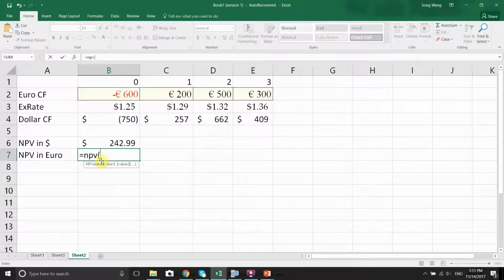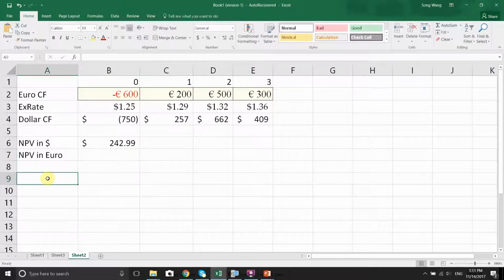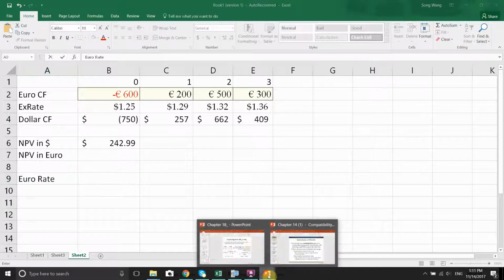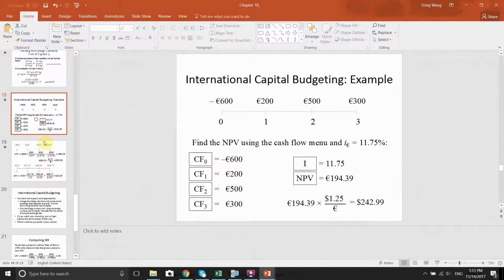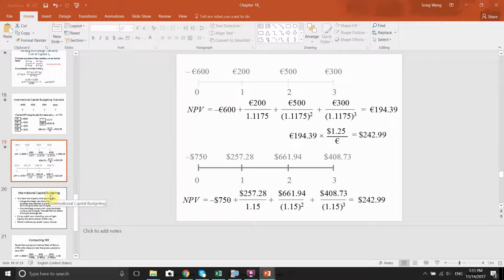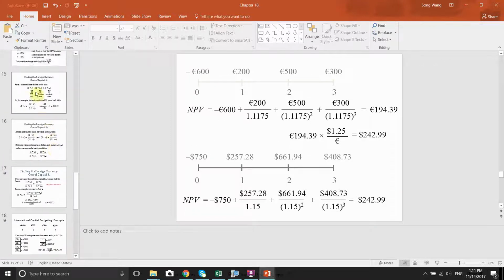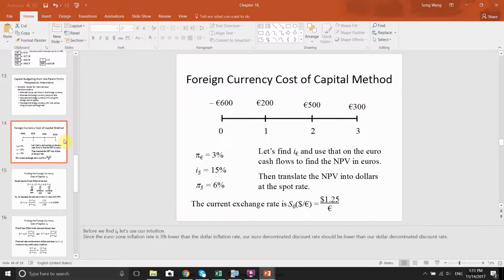Do I have it? Not really. I have all the cash flows in euros, but I do not have a euro rate. So how can I find that euro rate? If we still remember, previously we learned that it's actually right here,